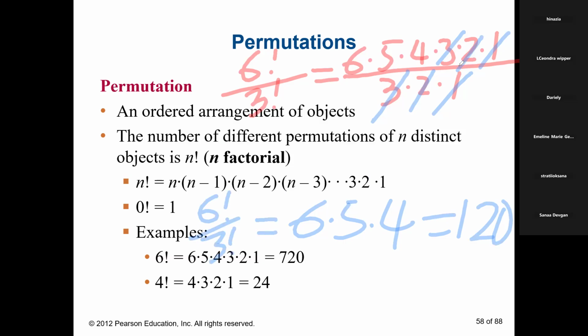But you cannot say 6 factorial over 3 factorial is 2 factorial. That's wrong. Because 2 factorial will be 2 times 1, which is 2. But here, you can observe it's not 2. It's just a big number, 120. Got it? Now, another way you can do that, if you have 6 factorial over 3 factorial,